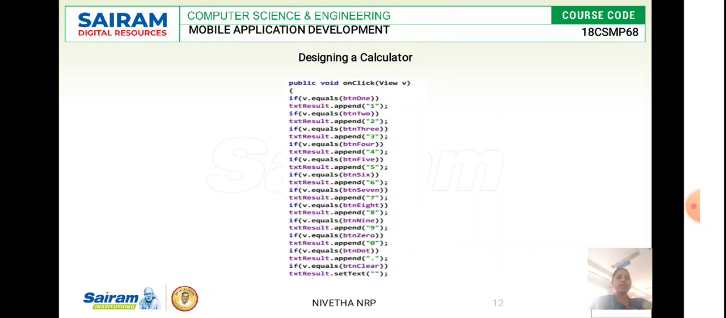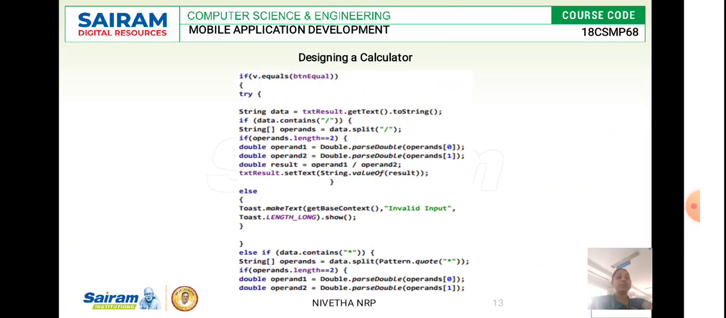So you give that, and again you define it in the public void function. Here in on click, what are the cases it is handling, what it is performing. If it is 1, it has to append and display 1. If it is 2, it has to display 2. When you give the mathematical function over it, it has to go with it. So that you are going to give, and again a try and catch